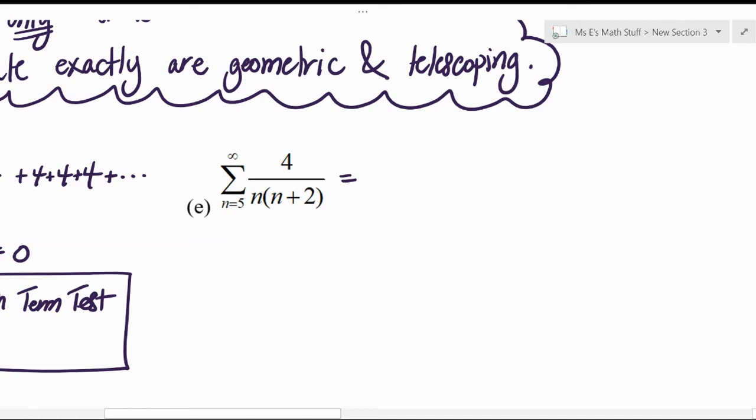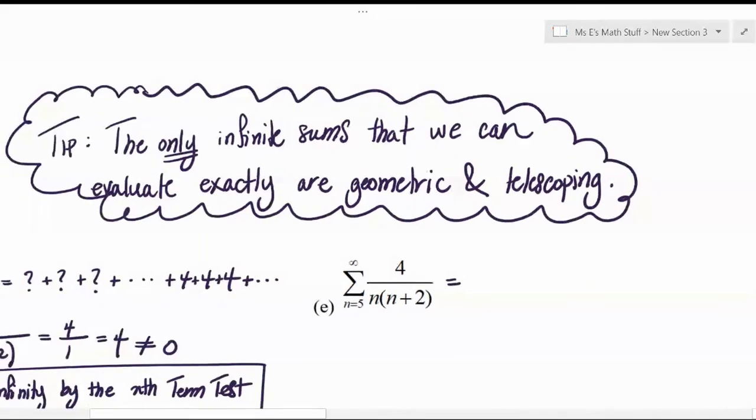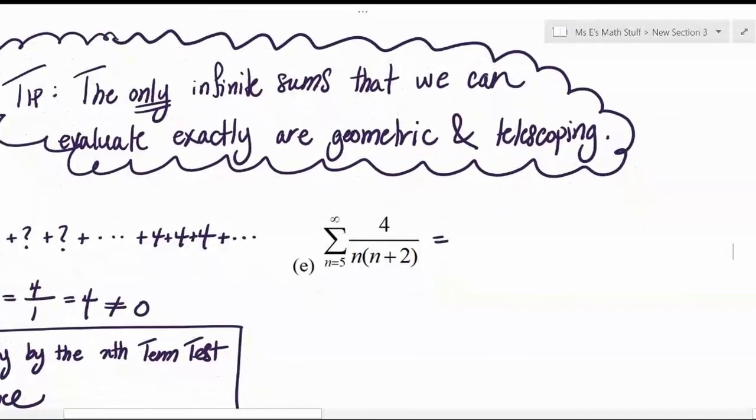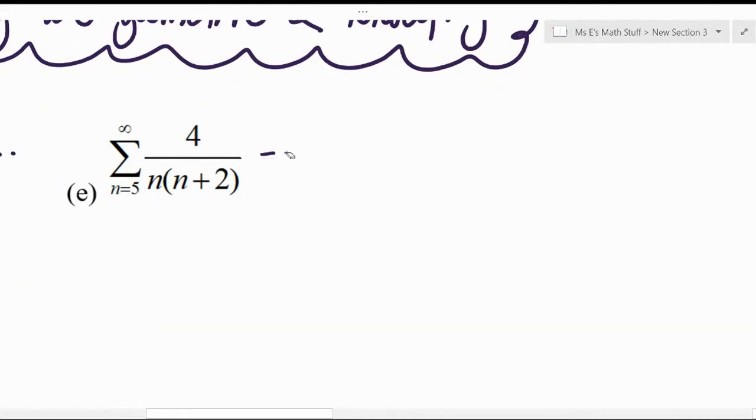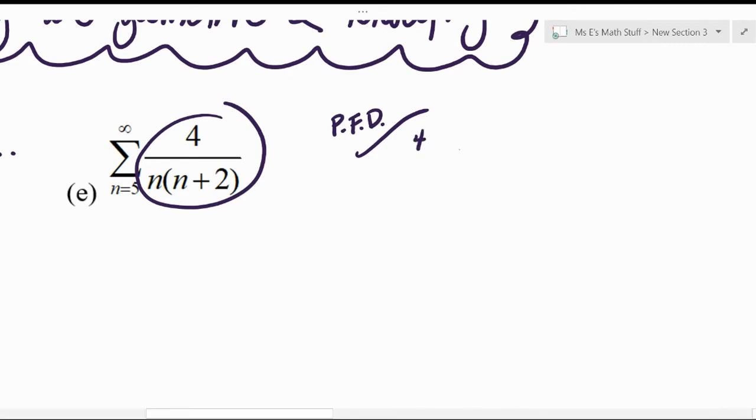So instead, since the thing in the bubble says the only infinite sums that we can evaluate exactly are geometric and telescoping, and if you start expanding this out, you're going to see it's super not geometric. And it doesn't look telescoping either, but a little partial fraction decomposition on the way the terms are defined would actually help you to see that this is a telescoping series. So that's what we're going to do. We're going to take 4 over n times n plus 2, set up the form,